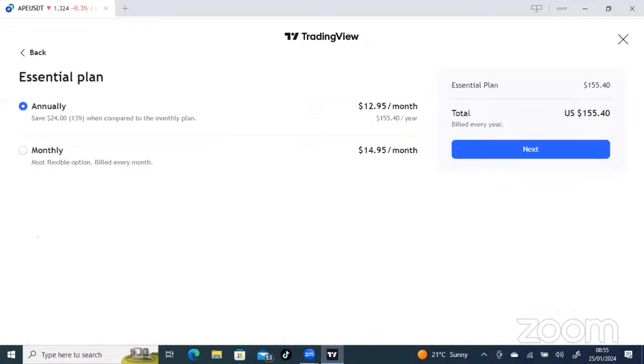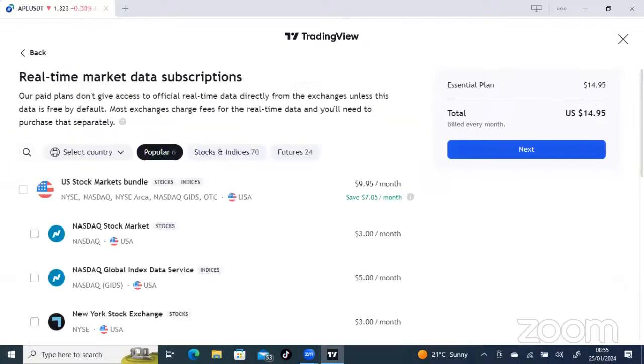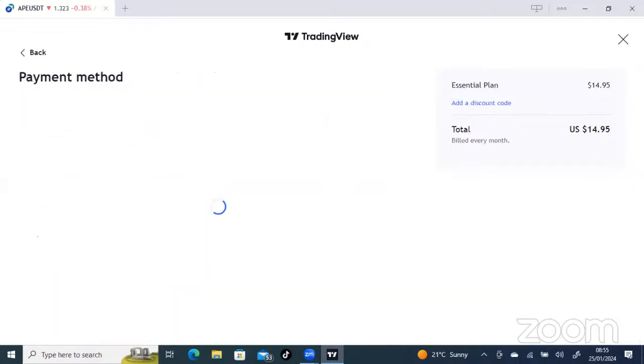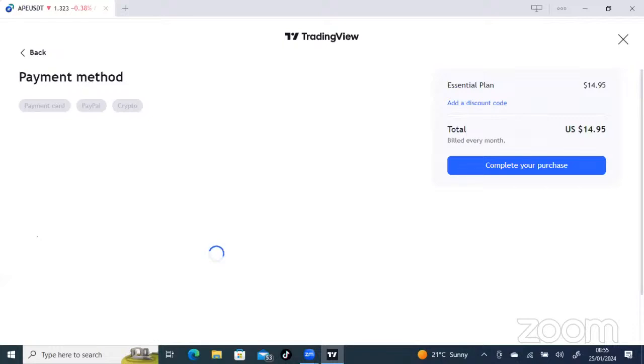So when you tap on buy, if you go in for a full year, you'll pay $155. If you go in for a monthly, you'll pay this. Those of you want to pay me, I will never pay. Me, I want things for free. I can manage. I will keep on removing this indicator, putting this one. But I can pay because